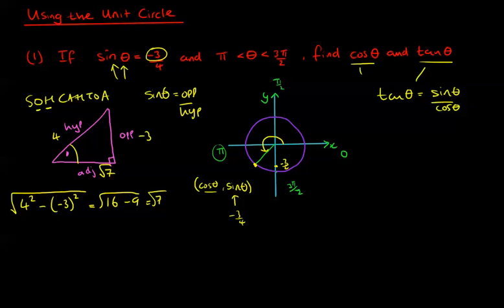Well, actually, what we can do now is work out what cos is going to be based on this triangle. What's cos theta? Cos theta is going to be the adjacent divided by the hypotenuse, root 7 over 4. Now, but here's the problem though. We can't just leave it at root 7 over 4, because what we need to do is check whether it